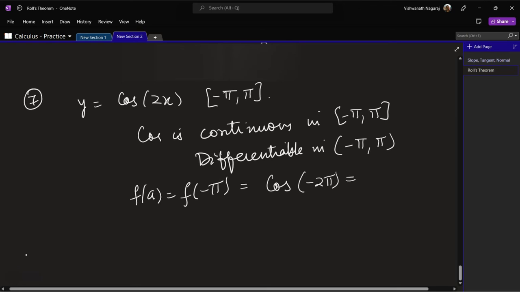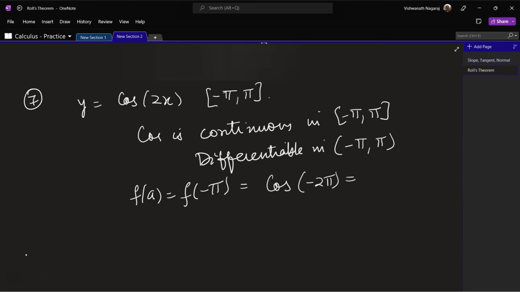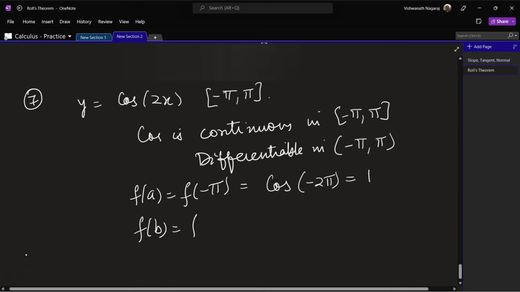Now, minus 2 pi means the same starting point itself, so it is equal to 1. Now, f of b is equal to f of pi, which is equal to cos 2 pi. It is also the same point, so 1. So, therefore, f of a is equal to f of b,